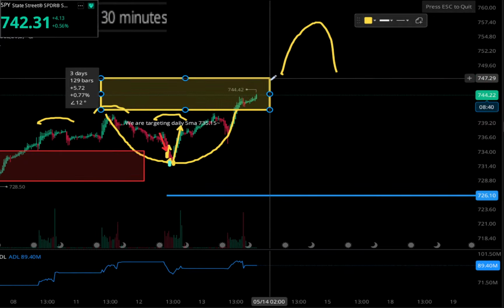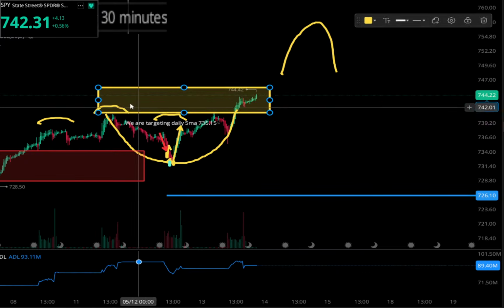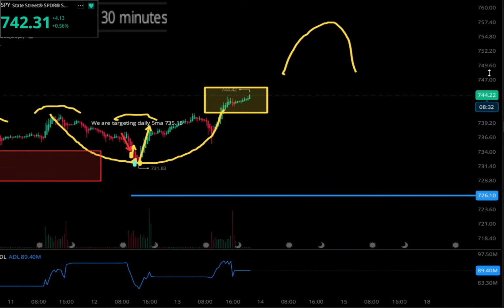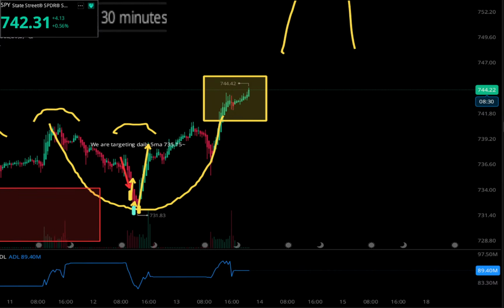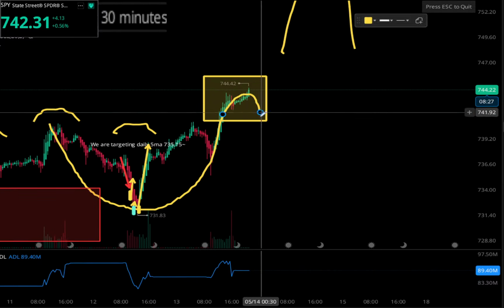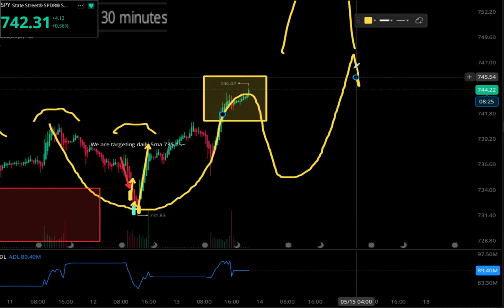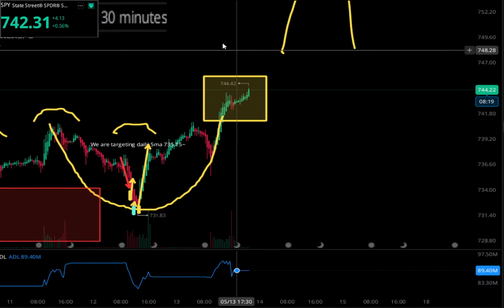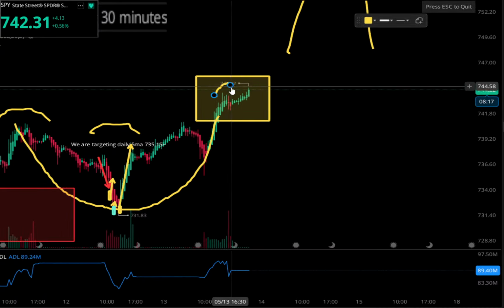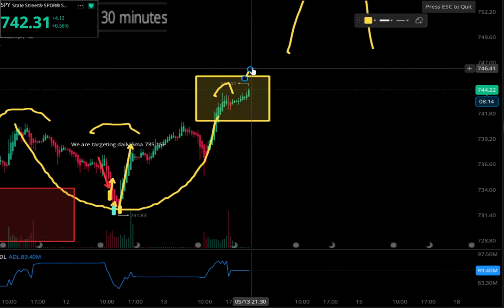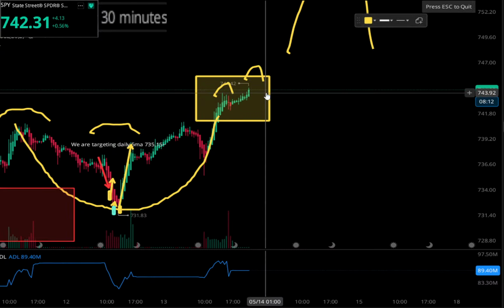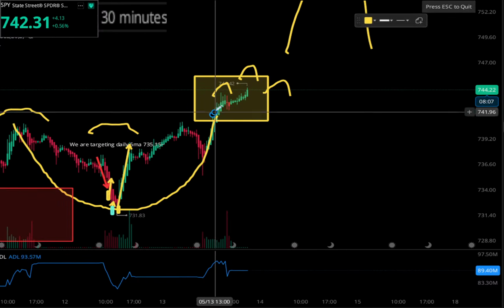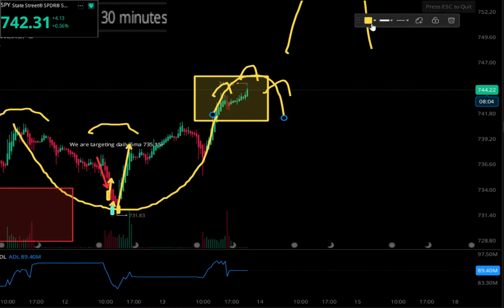Once this cup closes, we look for bearish structure at the top of a cup. Okay. And again, why do we look for bearish structure at the top of that cup? Because we want to see the handle to the downside to give us the liquidity to continue heading upward. Okay, that's how we get that cup and handle. You have to have that bearish structure to give us that downside. So we start looking for bear structure. Okay, we're looking for head and shoulders,